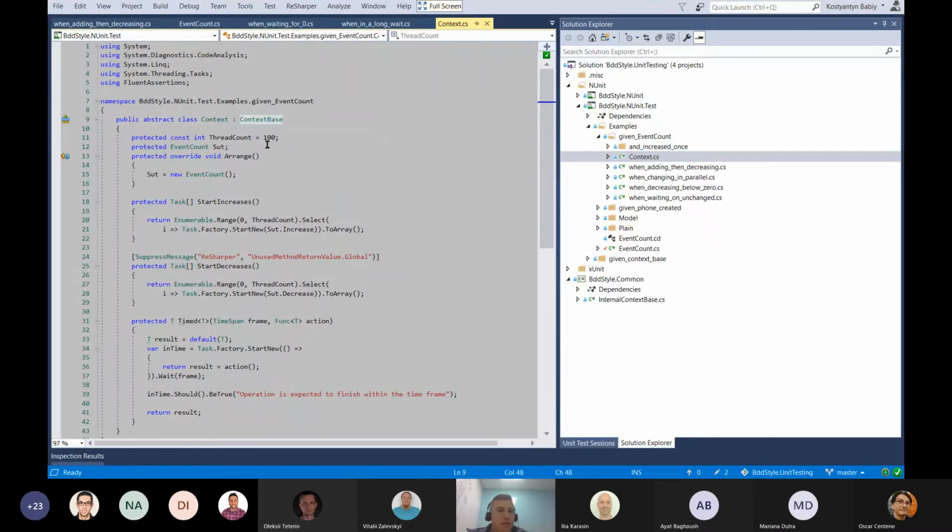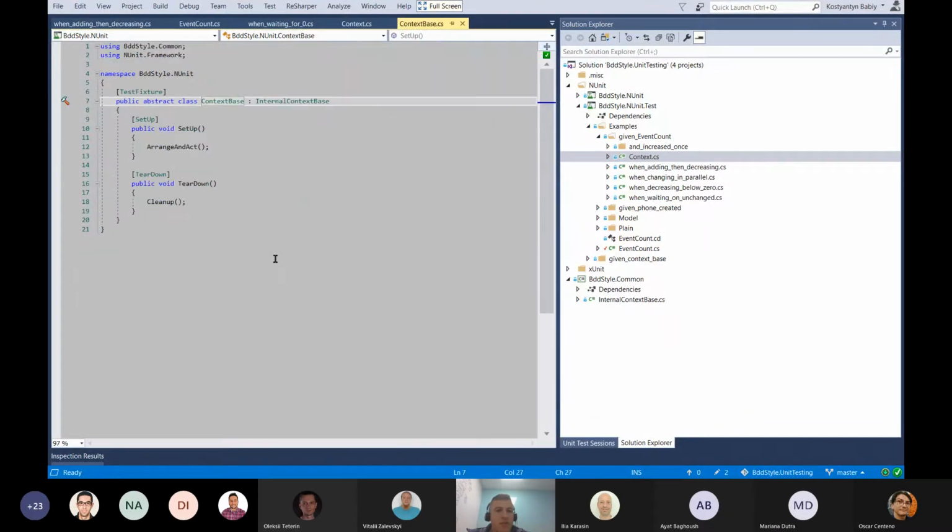So basically, we have kind of an adapter of this convention to this. In this case, it's a unit testing framework. There is one more available for XUnit. They're very, very short, simple, nothing super hard. It's just a few utility classes. So what this basically does, it says, okay, call arrange and act of the inheriting classes and call cleanup on